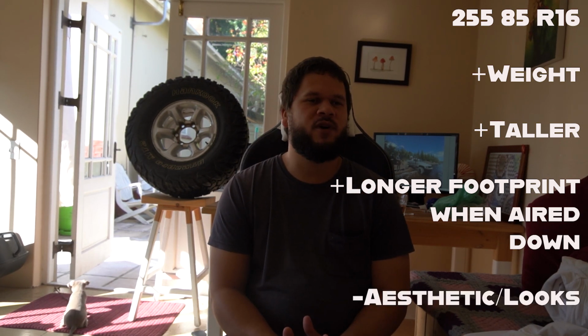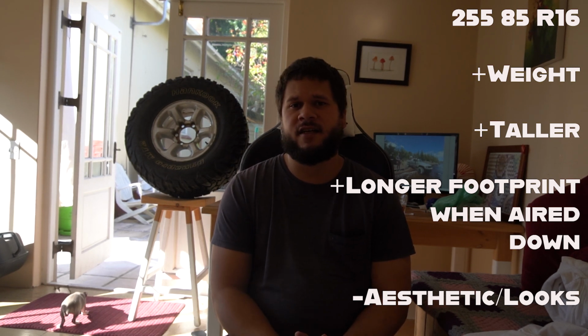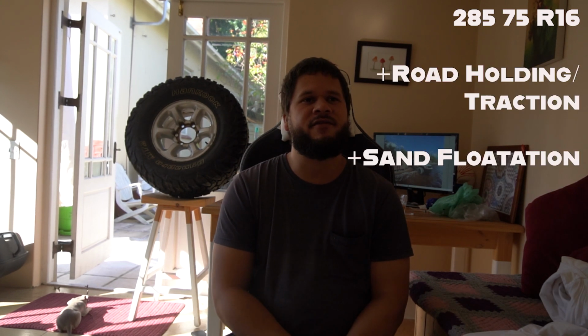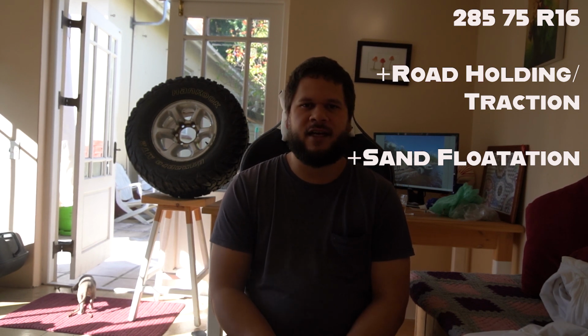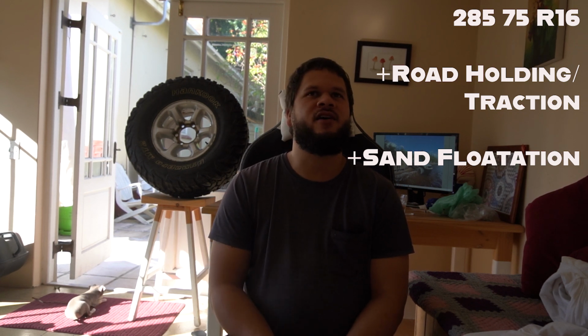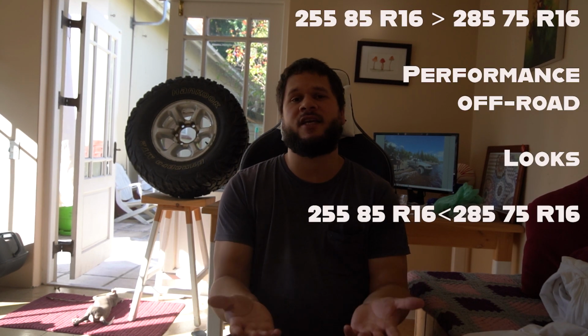So with those two in mind, I think from a performance aspect, that 255 is probably a better performer than the 285, but it's somewhat of a rarer tire in terms of where you are able to find them, and they are also aesthetically, I don't think, quite as good looking as the 285s. So between the two, I'm really torn which one I would go for,